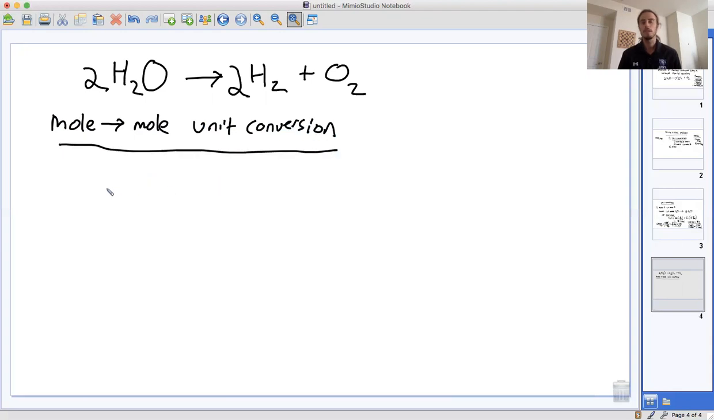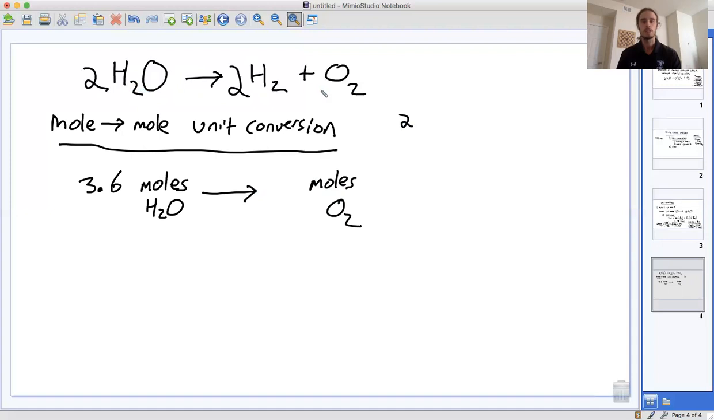All right, so what we're going to do is we're going to convert, let's see, 3.6 moles of water. We're going to try to convert that to moles of O2. So in other words, we're trying to figure out how many moles of O2 are produced from 3.6 moles of water, right? We know that